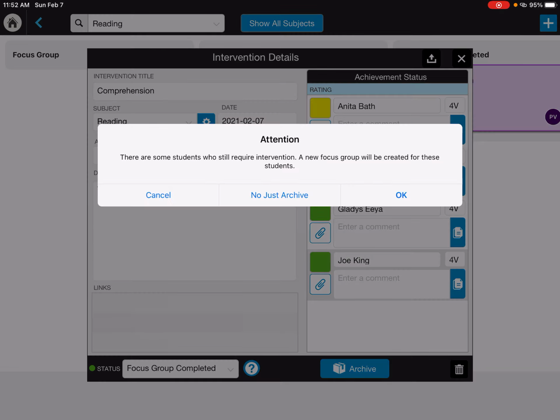So press archive. And then it says there are some students who did still require intervention. A new group will be created for these students. You see Anita Bath didn't quite get it, but everyone else did. So it's just saying, hey, somebody didn't get it. Do you want to do another focus group to work on with those students, or that student in this case? And I could say no, just archive. I'm going to leave it. Or I can say okay,